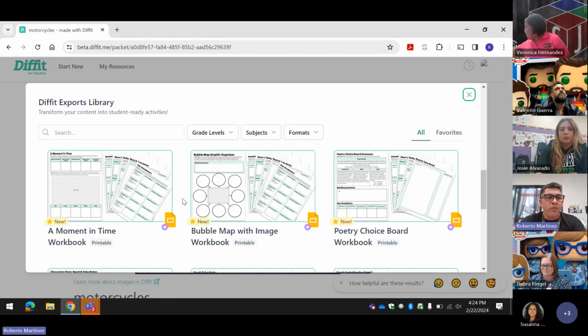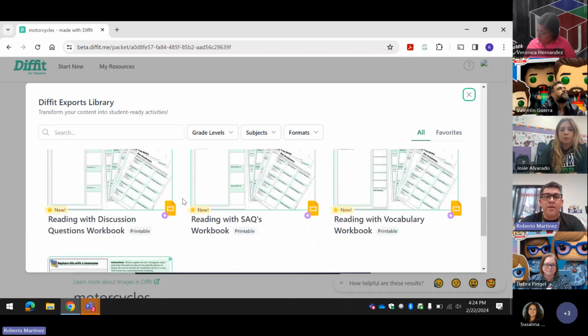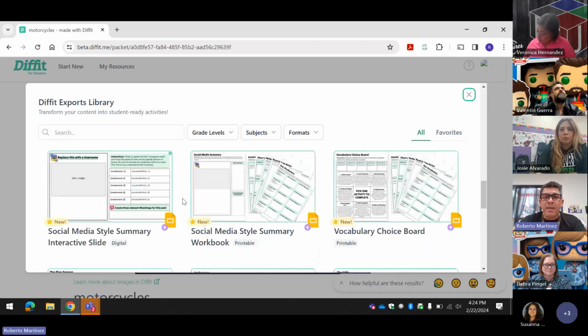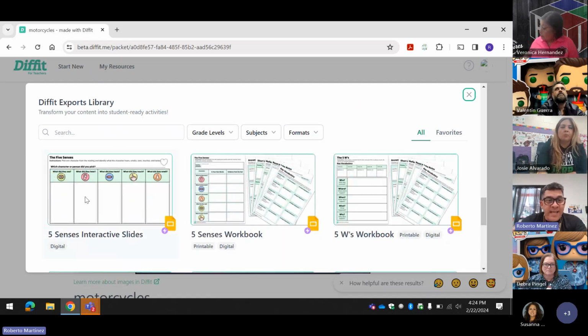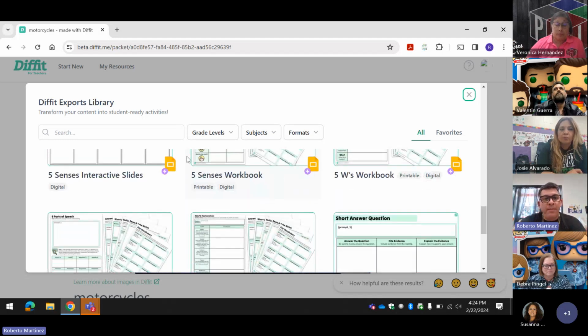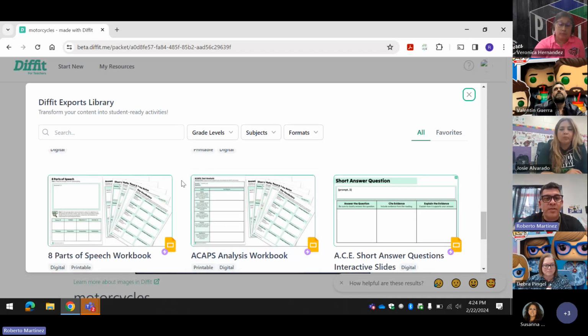If you do this, it's going to give you a bunch and a bunch of resources you can use with any topic. You can talk about vocabulary, about summary. You can replace and use a username. It gives you a bunch, like the five senses, and it does the five W's, you name it. There's a bunch of resources. When I showed this to the teachers in fourth grade, they said, "That's perfect. We have everything there, so we can just do the passage on any topic that we want, and we can just pull the stuff that we need for those students."